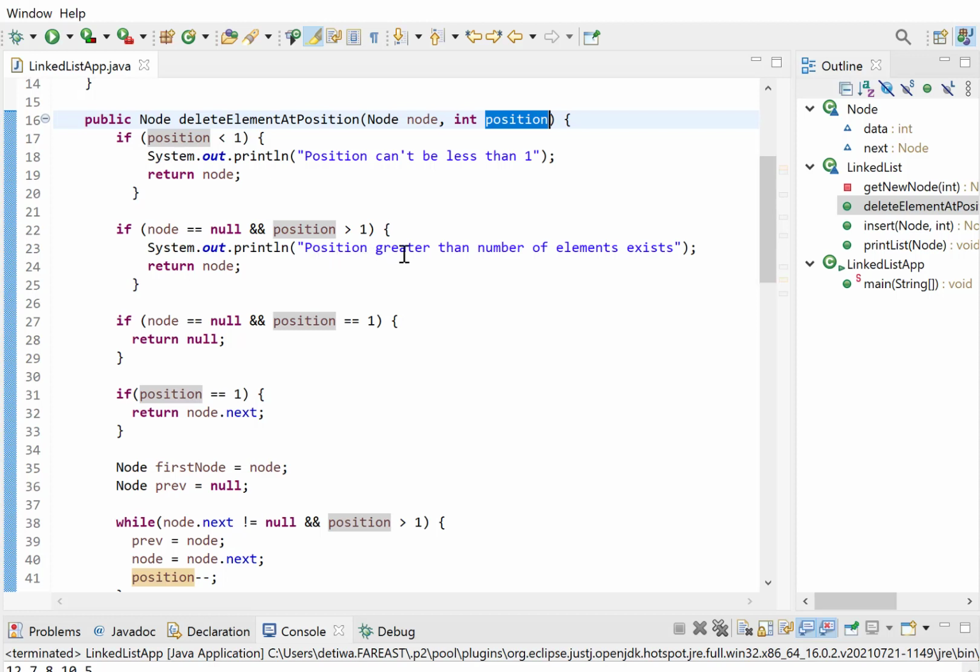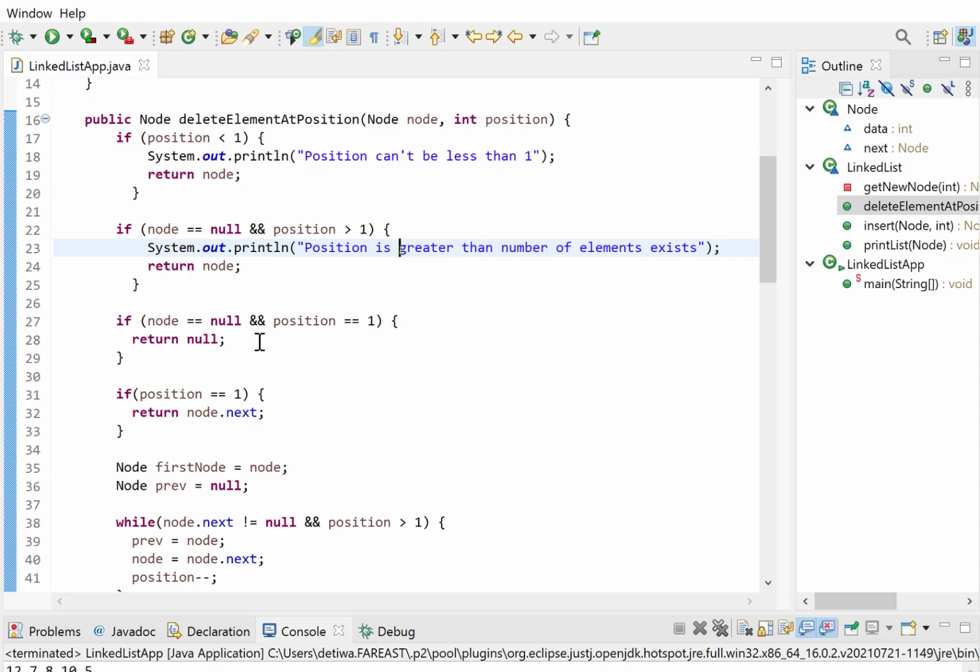So in this case position is greater than the number of elements that exist, which is again not a valid case. So this is a negative test case. Again, if node is null and position is 1, in this case also we have to return null.